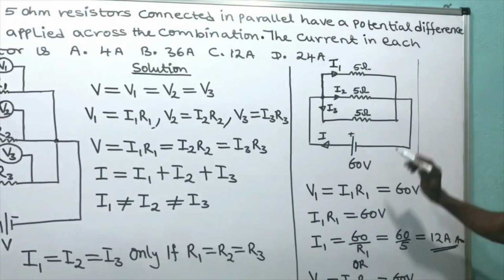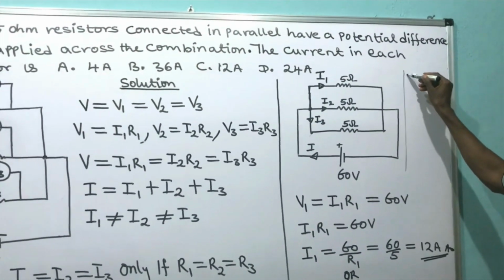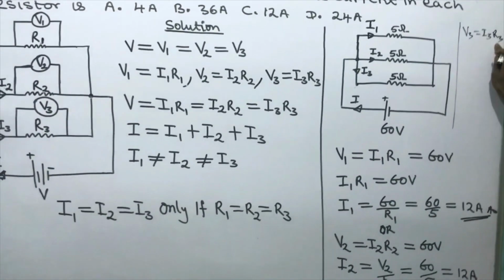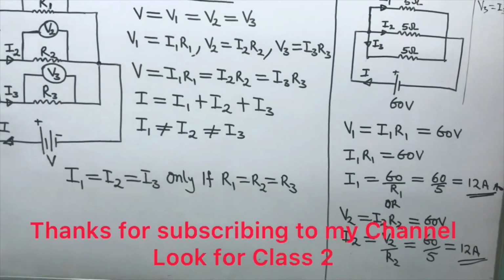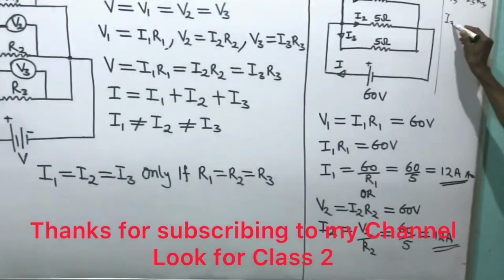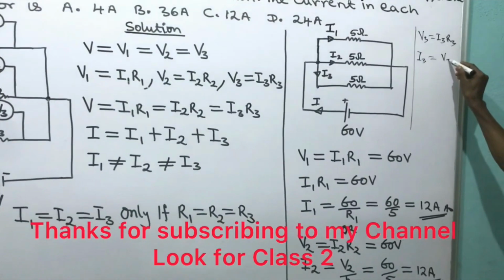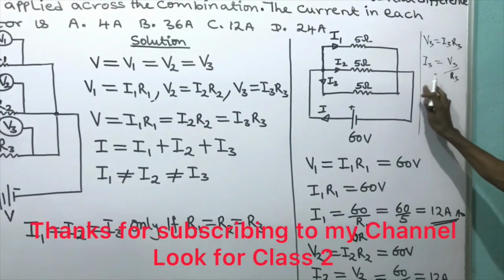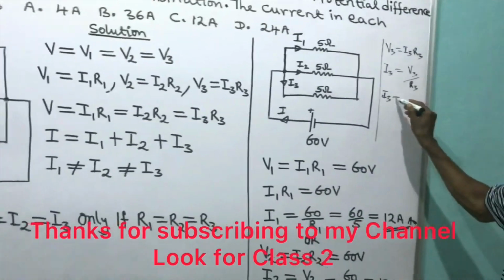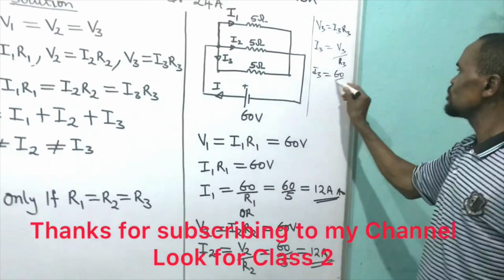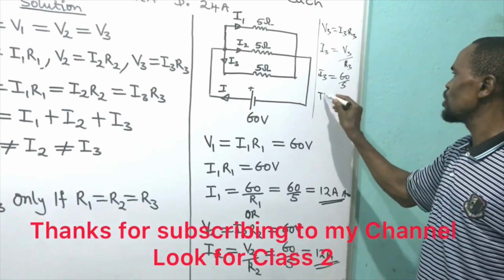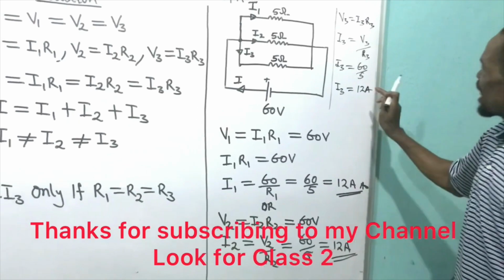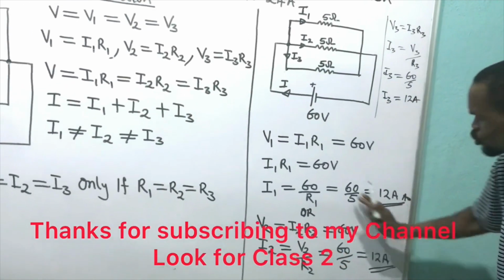Or you can also choose this one, and it will still give you the same thing. I'll say V3 is equal to current 3 times R3. Making current 3 the subject of formula by dividing by R3, I will have current 3 equals V3 divided by R3. And V3 is the same thing as 60 volts, and R3 is 5 ohms, look at it. That will give me 12 ampere. And when you add this and this and this,